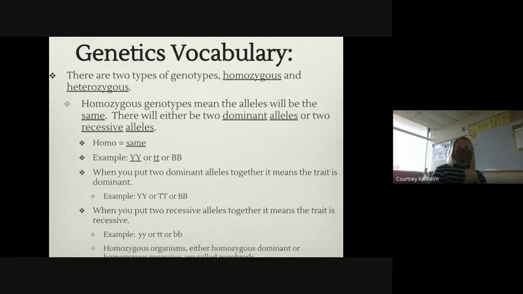Homozygous genotypes mean the alleles will be the same, like I said. They will either be two dominant, so two uppercase, or two recessive, which are two lowercase. We'll review those terms in a little bit. So when you put two dominant alleles together, the trait is always dominant because the uppercase one means dominant. It's the one that shows up, and it doesn't have an option, so it's going to show up. When you put two recessive, or the little letters together, that trait is going to be recessive, and it's also going to show up, though, because both of them say recessive, so the only option to show up is recessive or the little